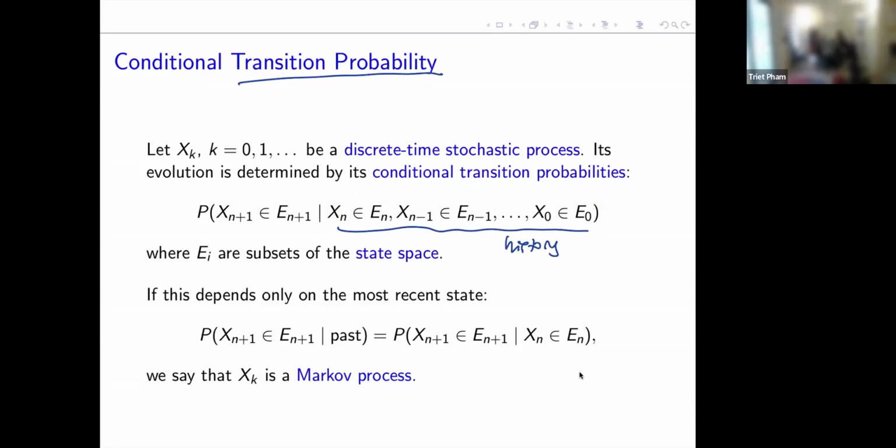If you know all the values up to the current time, how would that determine the distribution, the randomness of your next position, all right? And so